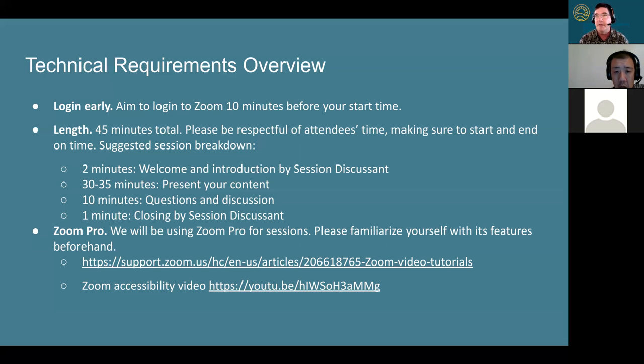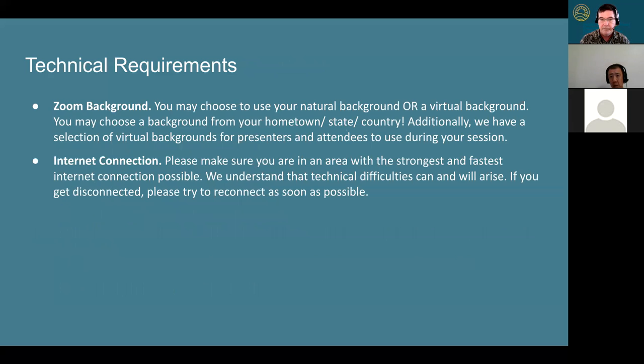Now, the platform we're going to be using for the video chat will be Zoom Pro. We will be giving you a link to it so you can get on there, and we'll also be making you the co-host. So you will have control over how the Zoom presentation goes. So I really recommend everybody see these 2 links we have here about how to use Zoom Pro, and also particularly about our accessibility features. I really encourage everybody to go through that beforehand. It really will make the session a lot easier for you. Okay, so what are the technical requirements?